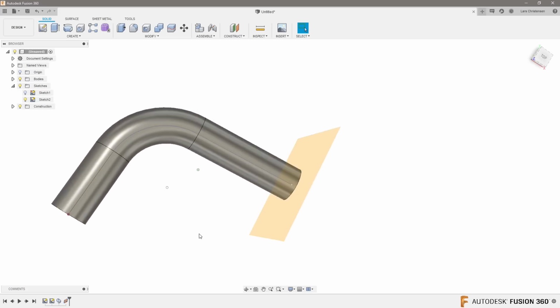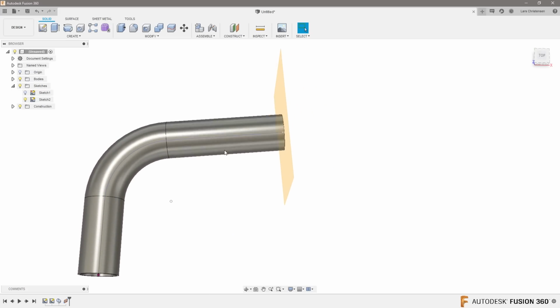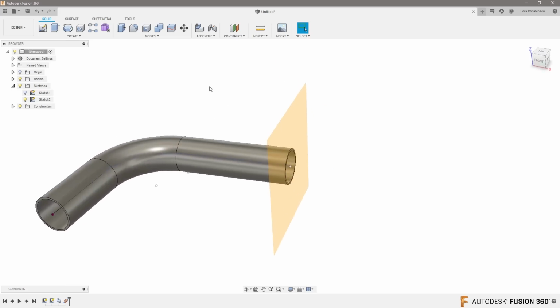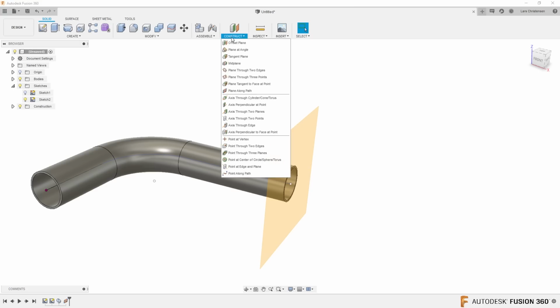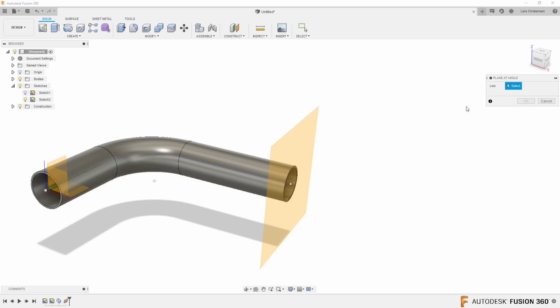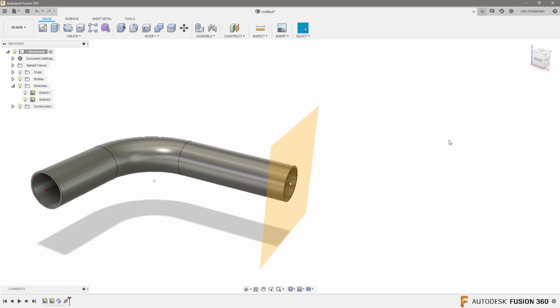What is great now. But if you wanted to cut this pipe in a certain angle this way, you will see that when you go in to do a plane at an angle, it's actually looking for a line, and we don't have that line. So what you could do